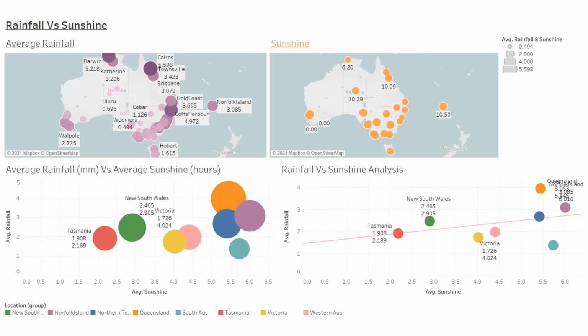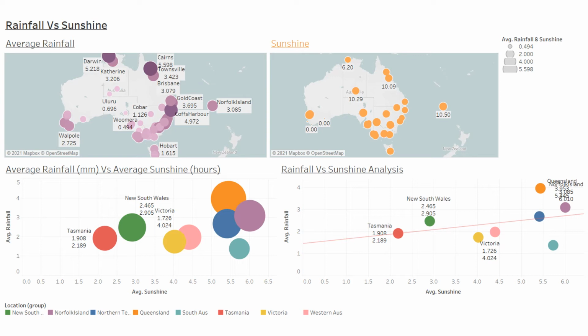After the two major visualization analyses of sunshine and rainfall, we further our analysis by looking into a relationship between both of them. Geographical visualization of both the rainfall and sunshine is visualized side by side to observe the relationship between them. At the same time, we also analyze the relationship by visualizing data into a scatter plot where color hue displays a different state in Australia while bubble size indicates the average rainfall volume of the state. A weak correlation between these two variables can be observed through the relationship line drawn in the scatter plot located